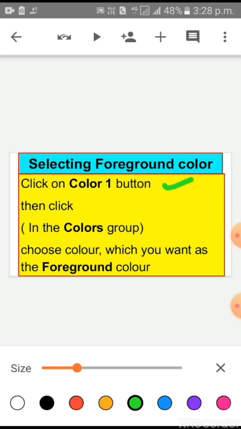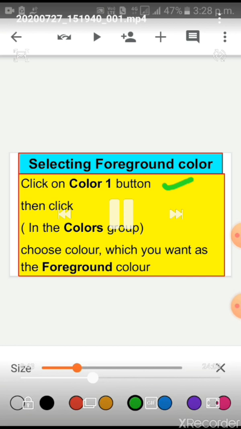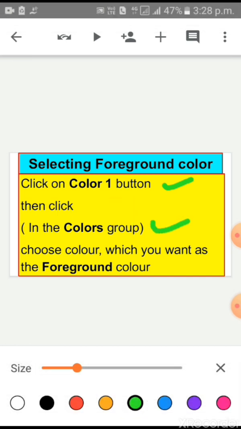If you want to take a color and give that color to the foreground, then click on the Color 1 button. Then click in the colors group and take the color which you want. Choose the color which you want as a foreground color. Clear?